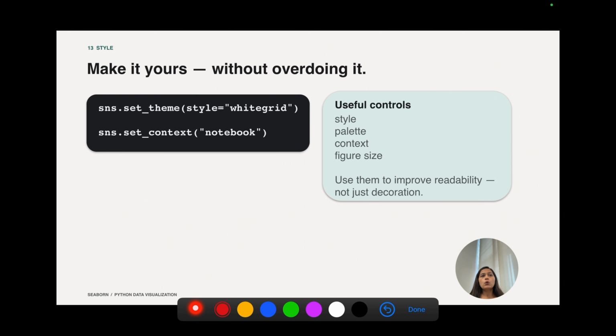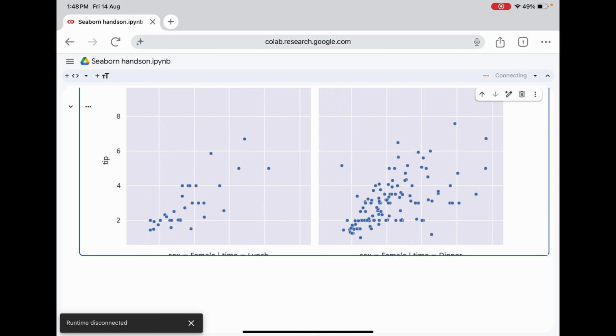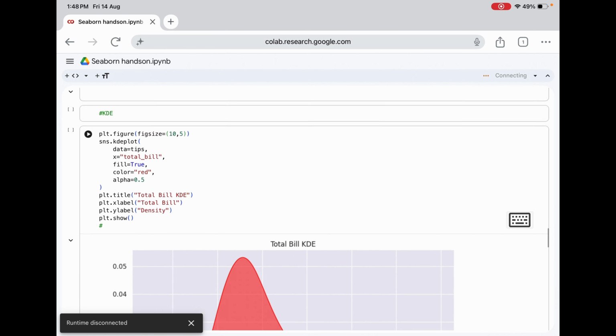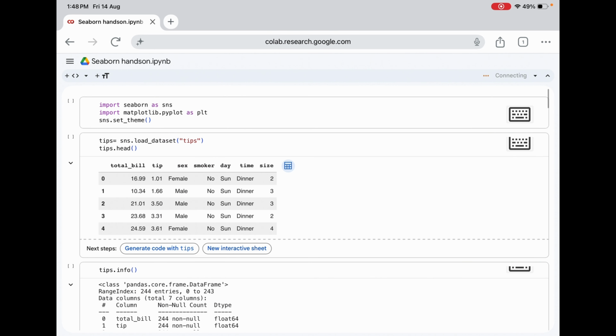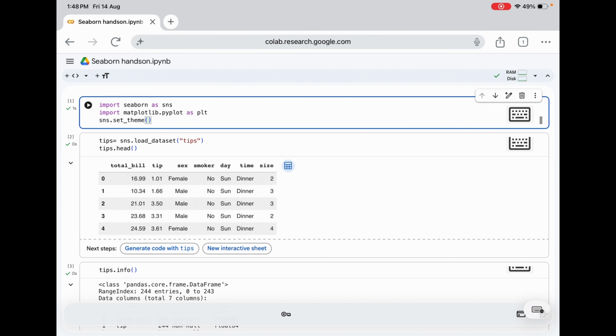Okay, now Seaborn already gives us good looking plots, but we can control its overall appearance. For example, we can change the theme. Like we used sns.set_theme in the starting, we could have used, instead of the default theme here, style maybe is equal to, say, whitegrid. I want whitegrid. You can also use dark or something.